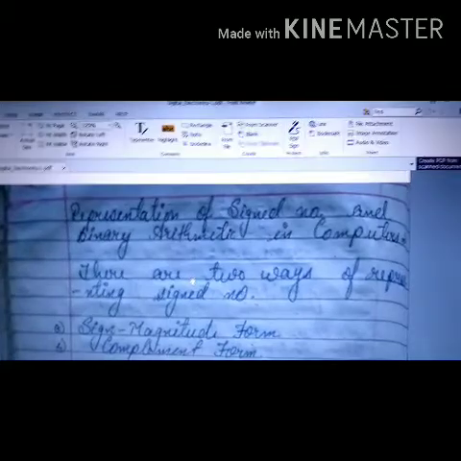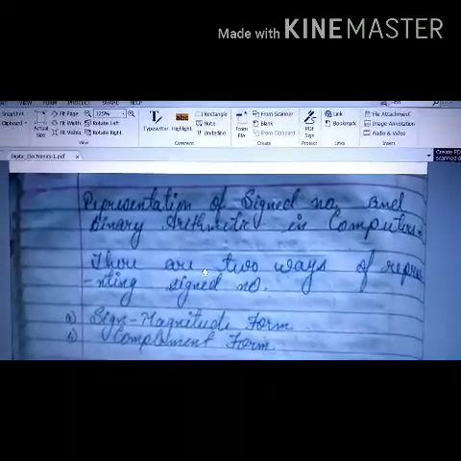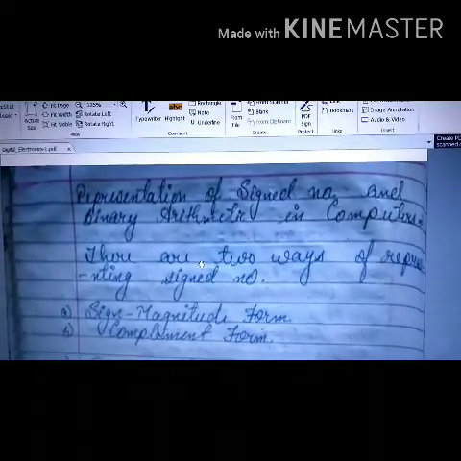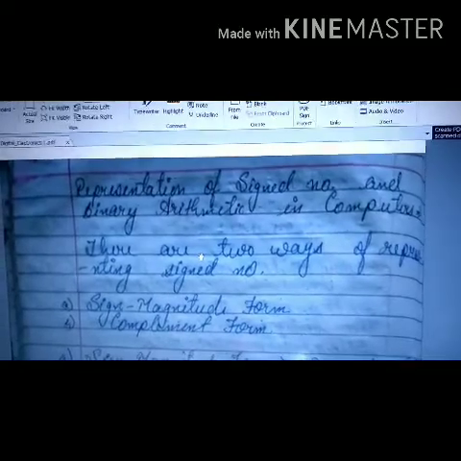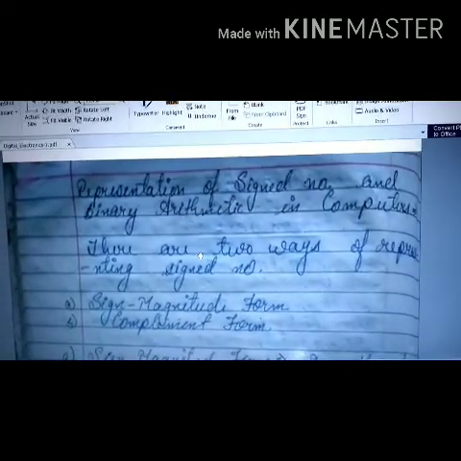Okay, in the previous lectures, we have studied about decimal number system and an introduction to binary number system. How we can convert decimal number systems to binary and vice versa, that is, binary to decimal number systems. Then, basic arithmetic related to binary number systems such as addition, subtraction, multiplication, and division. Okay, now